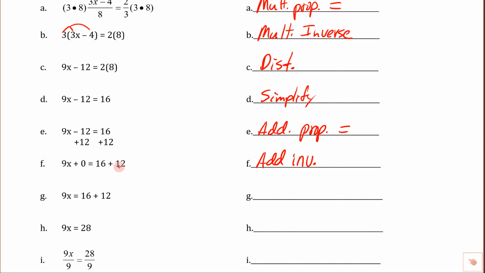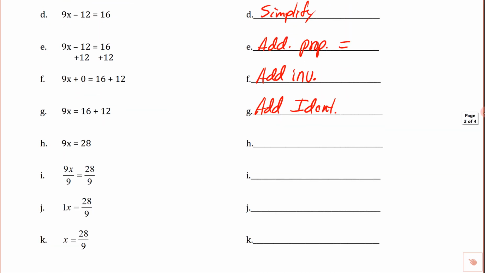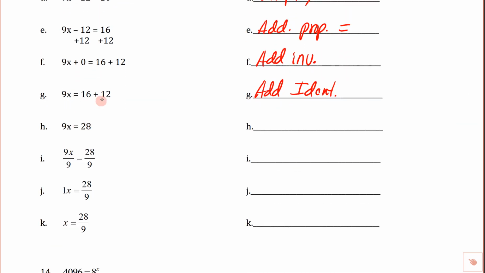Nothing changed on this side. Over here, we've got 9x plus 0 equals 9x. The other side didn't change at all. So that's just the additive identity. So we're going to write additive identity. And then you'll notice that what changed on this next line is the 9x stayed the same, but